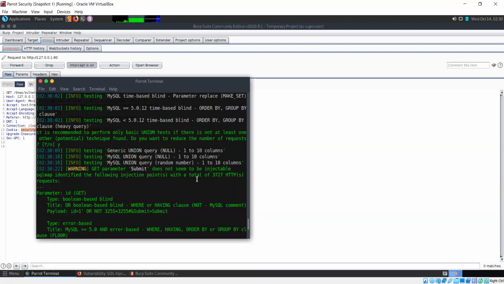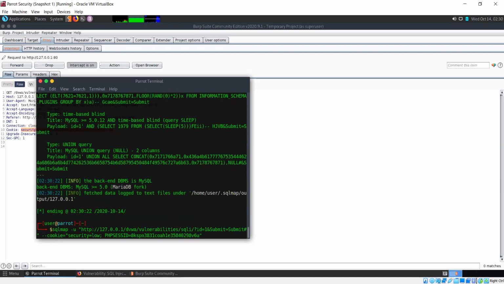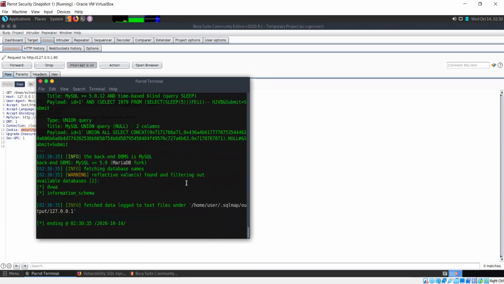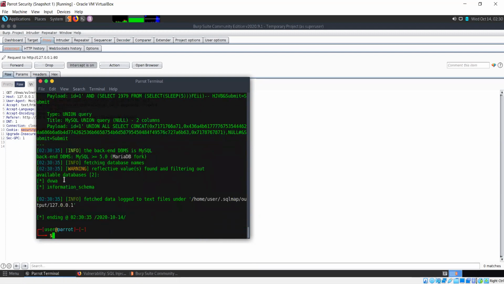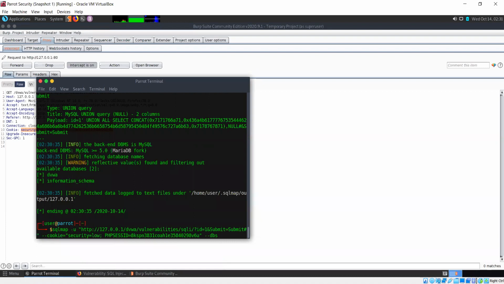Okay, now I didn't actually specify what I needed. Just specify double hyphen dbs, so it tells us the databases. So two databases were found, DVWA and information schema. So now I can select DVWA and find out the tables.